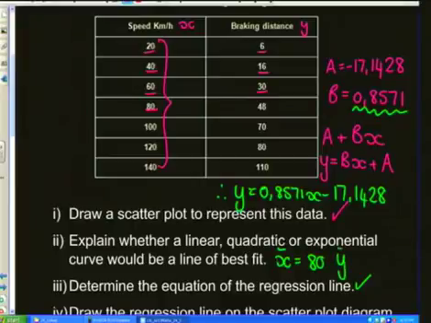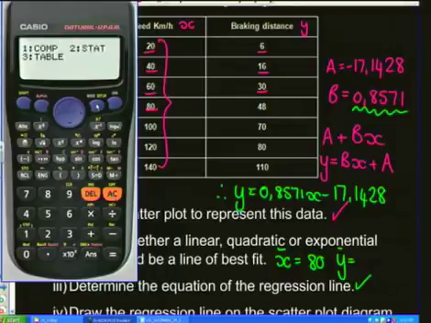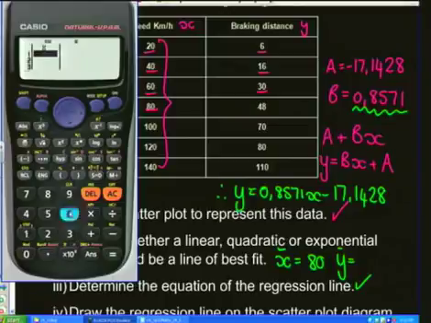Let's work out what the y bar is. Okay, so let's clear everything up. Clear it. Okay, we're still on stats, so we can leave it there. We are going to say mode, stat, 1. Okay, this time we're looking at the list of variables. So I've got 6, I've got 16, 30,